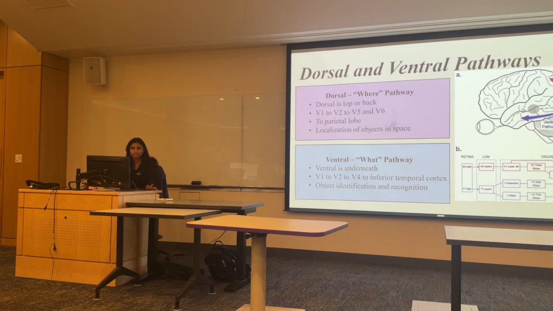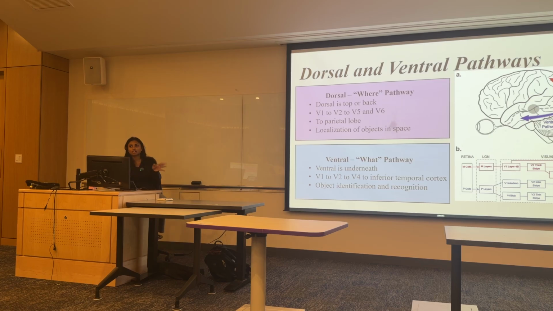Okay. So then lastly, two more pathways. You have a dorsal and a ventral pathway within your brain, and this is what goes from your primary visual cortex back to the rest of your brain and what helps move your body in response to your visual field. So you have something called a dorsal pathway, which is the where pathway. Dorsal, in terms of body orientation, means the top or the back of your brain. So your where pathway is from the back of your brain and it goes from V1 to V2 to V5